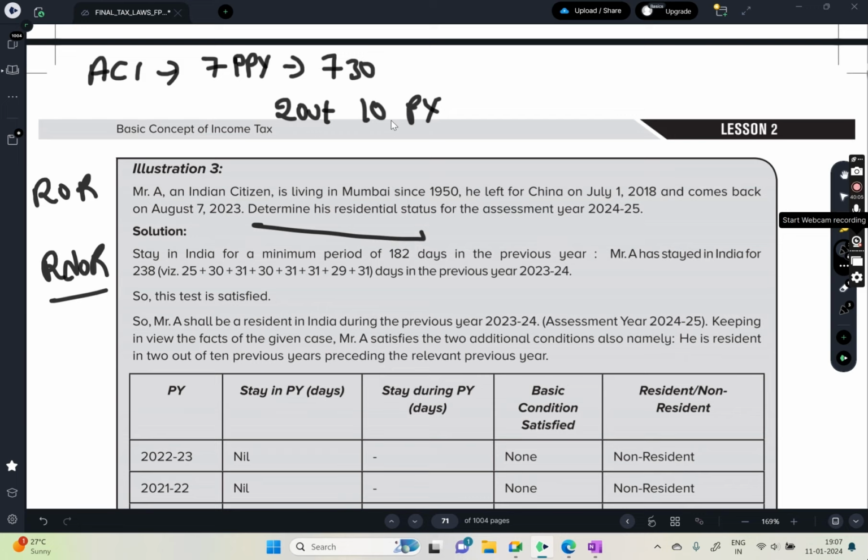So he should satisfy both conditions. If he satisfies both, then only will he be ROR, or else RNOR. Now check. I want the 7 preceding previous years. So what is